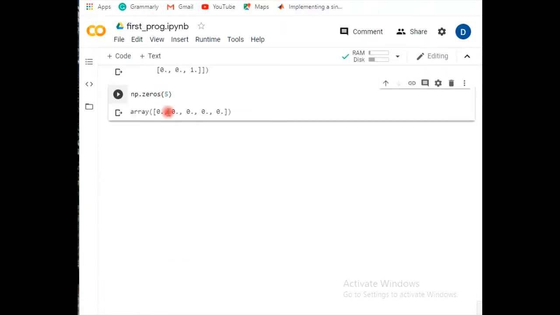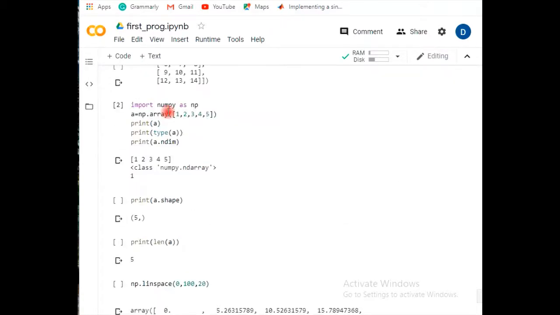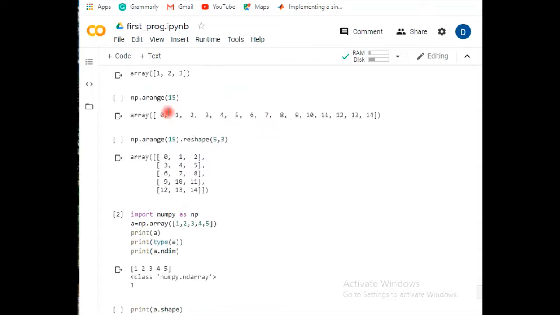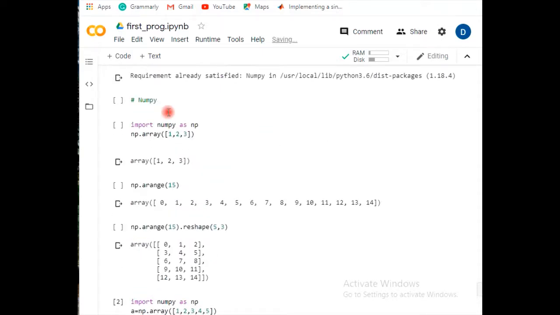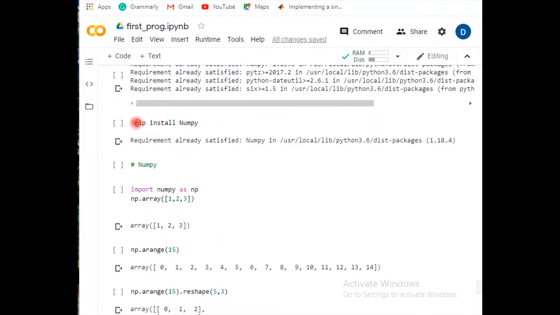Previously we were working on the NumPy array, and as we did, if any library is not available and it shows some sort of error, you must go for the exclamation mark pip install NumPy. Similarly, you can also install pandas.